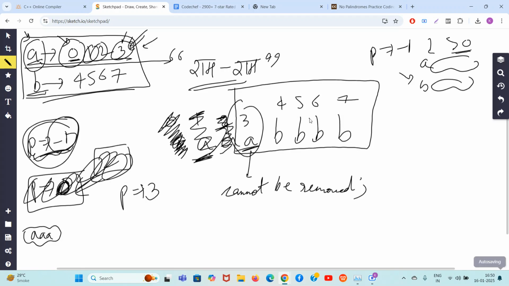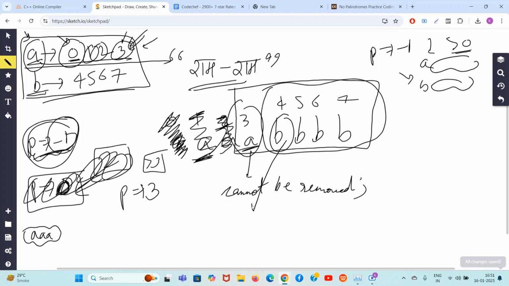So now guys, in this list, A is 0, 1, 2, 3 and B is 4, 5, 6, 7. Now, try to find the smallest character whose index is greater than 3. B. Let's try to remove B. Can you remove B? If I remove B, what will happen? The remaining string will be